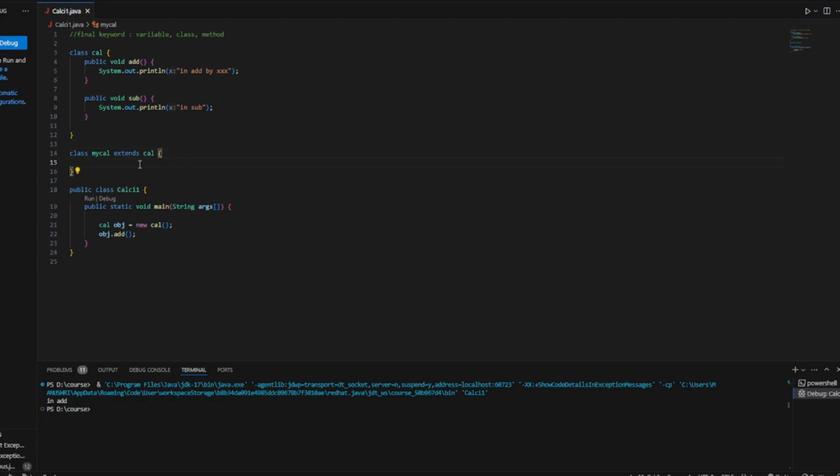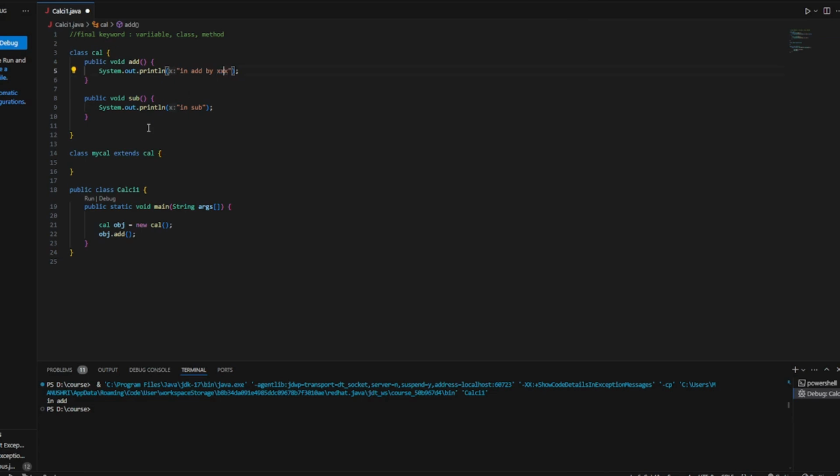And since I have two methods in Cal, since I'm extending myCal, I can use the sub method as well as the add method. Now, what the problem will be, I can use the sub method because it shows in sub, whereas I cannot use the add method in myCal because it shows the name of the owner.